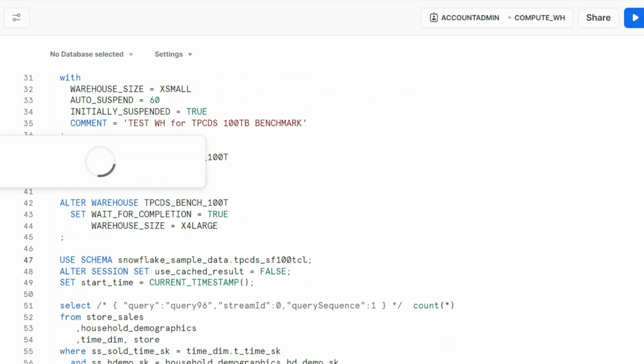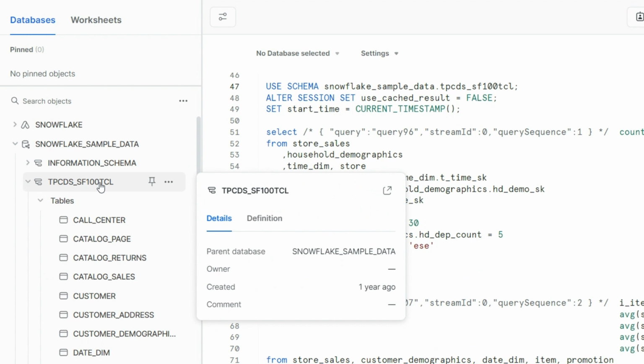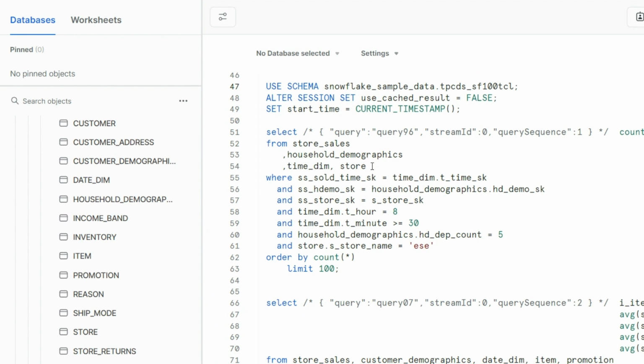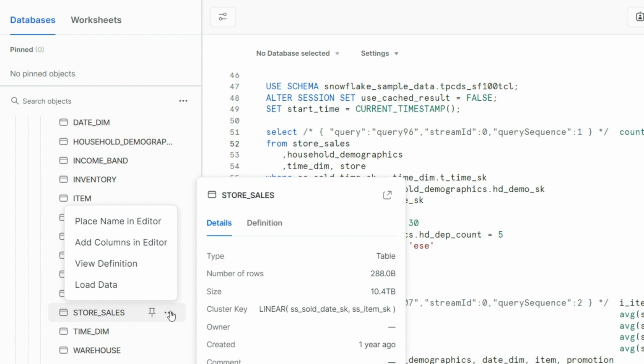So have a look inside, because they already share with you, as you can see here, some database. So you have already some data. Okay, so this is our database schema, and if you look inside, let's have a look here at some tables. They are selecting data in particular from this store sales table, which, as you may suspect, is a fact table. And if you look inside here, let's see, number of rows: 288 billion rows, and you can see that this table alone has over 10 terabytes. So this is a pretty